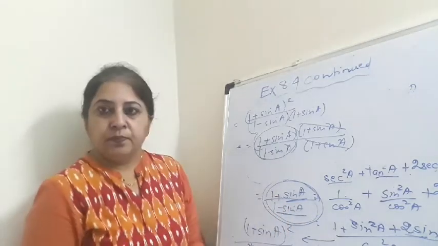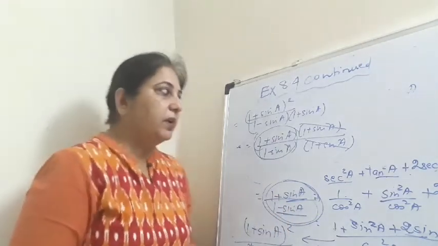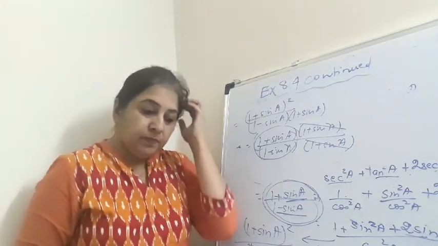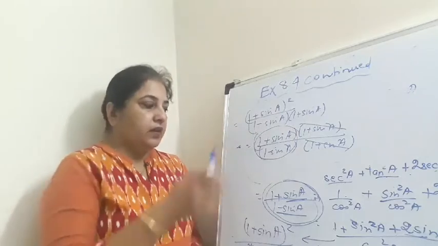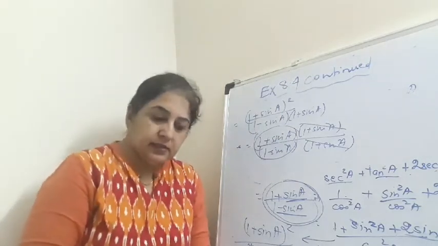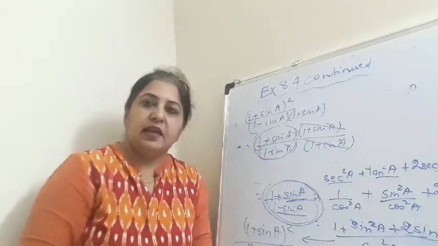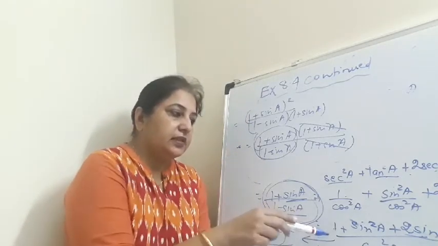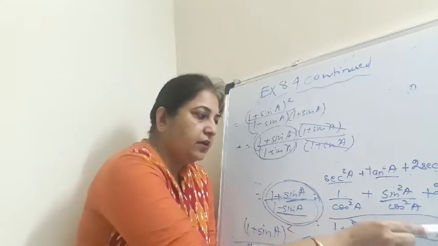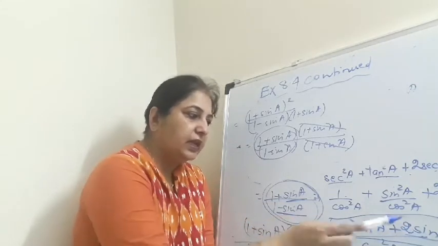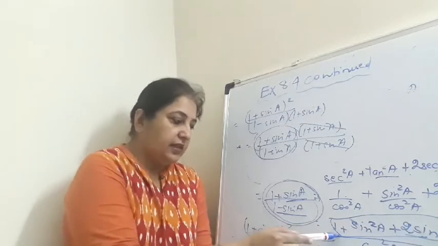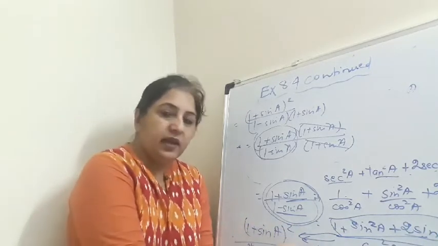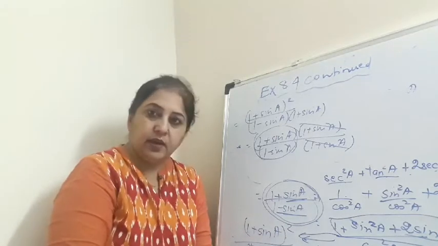Okay, so as I told you, how we begin the question: if there is a root sign, we take the square of both the sides and then we start solving. The radical sign with the square cancels. Then for sec A plus tan A, I use the identity (A plus B) the whole square, and then I proceed with the identity. Now when I come to this step, 1 plus sine square A plus 2 sine A, I again can write this in the identity form of 1 plus sine A the whole square, and cos square A I write in terms of 1 minus sine square A, right?